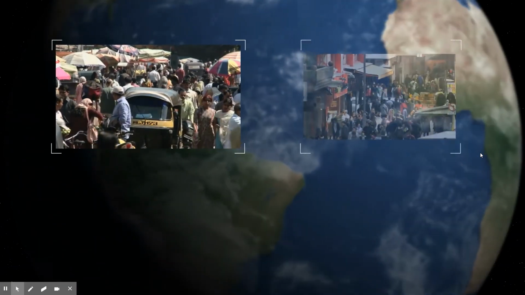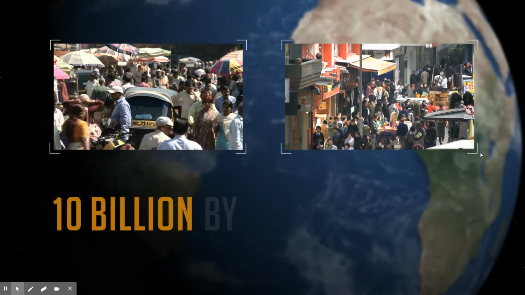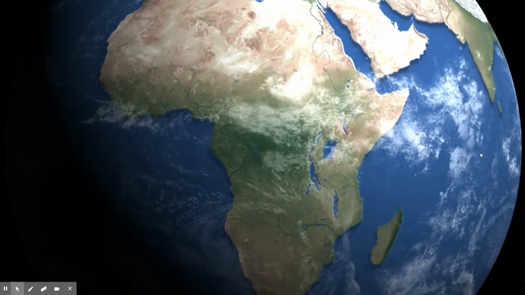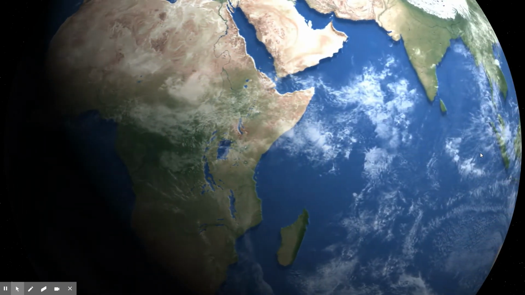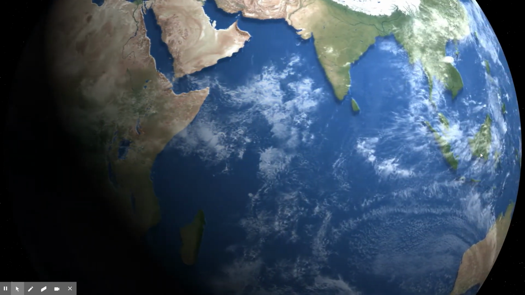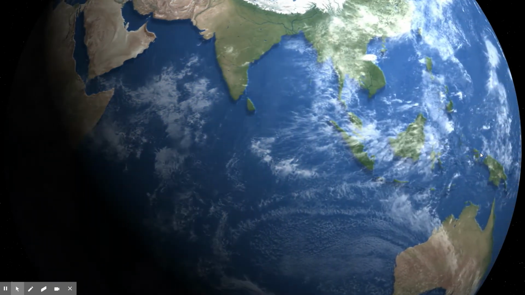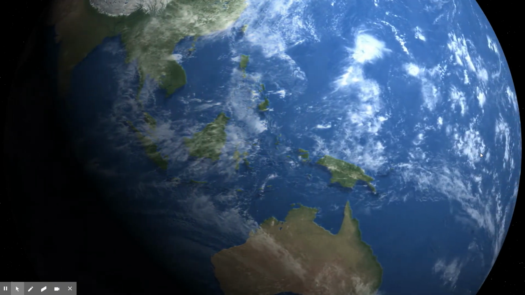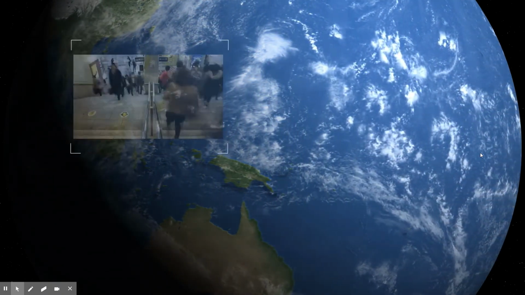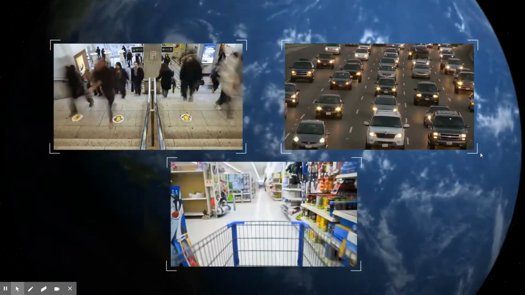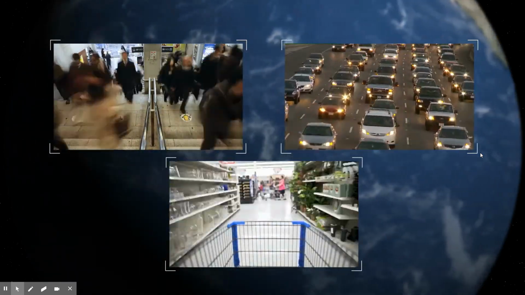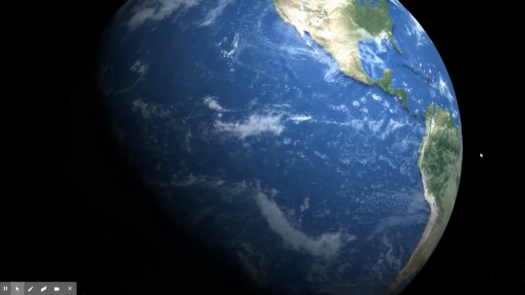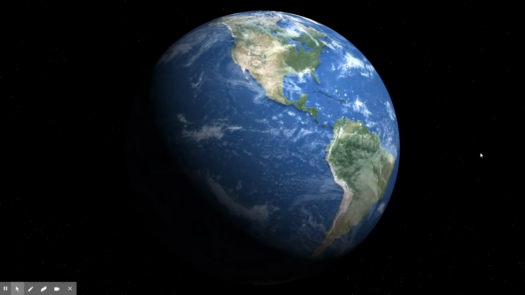Our population is expected to grow to 10 billion by the end of this century. Yet the Earth's size remains the same. Slowing human population growth and lowering our use of natural resources are key to reducing the impact we have on the planet. Through the decisions we make about our lifestyles, our numbers, and our consumption, we can all help preserve the health and beauty of our home.